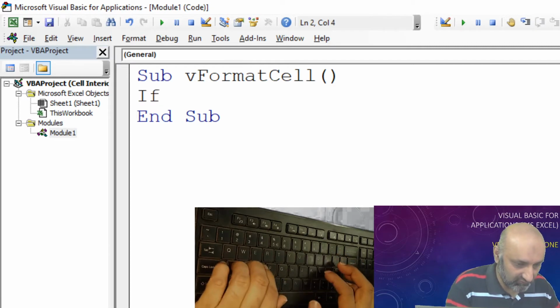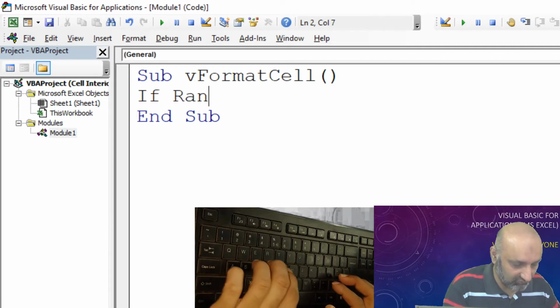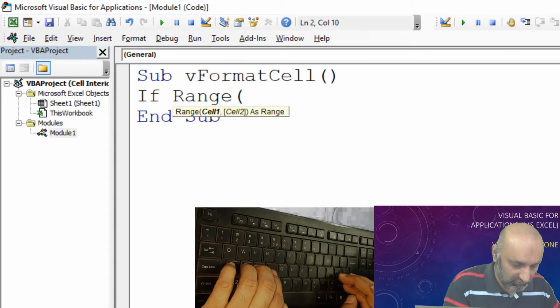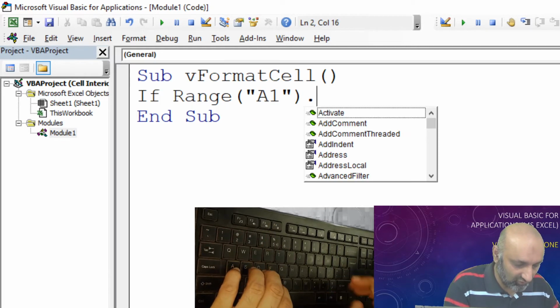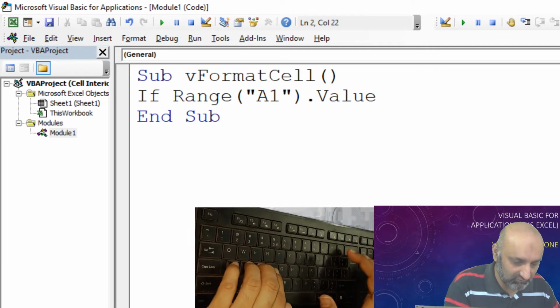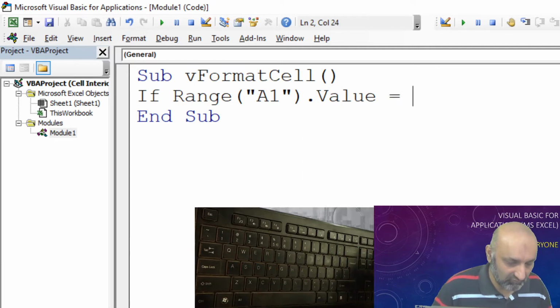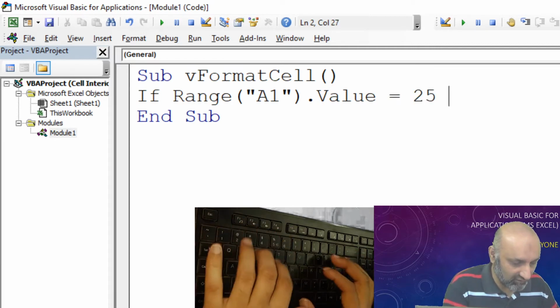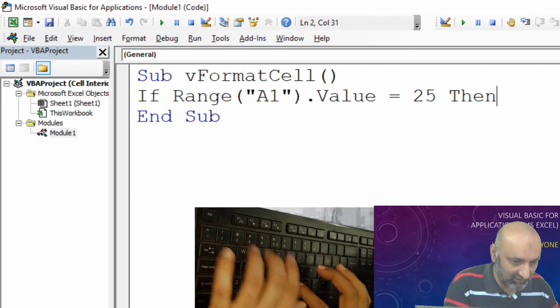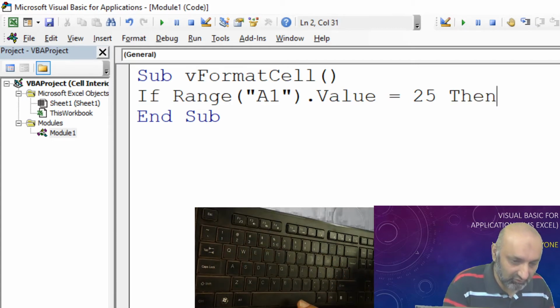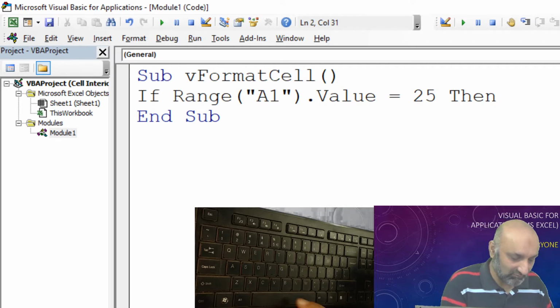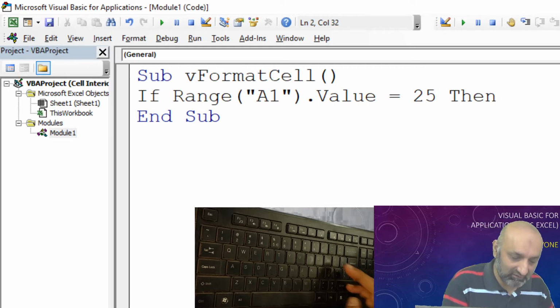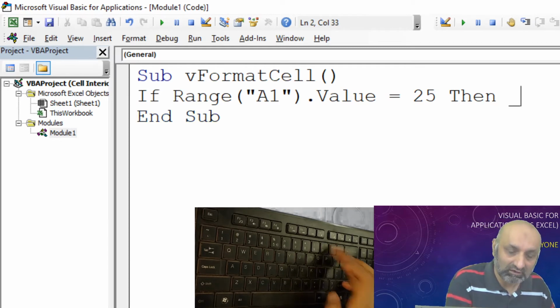If range A1 dot value is equal to 25, then you can go to the next line by putting a space and then using the underscore.